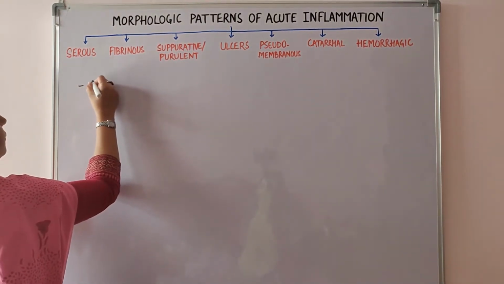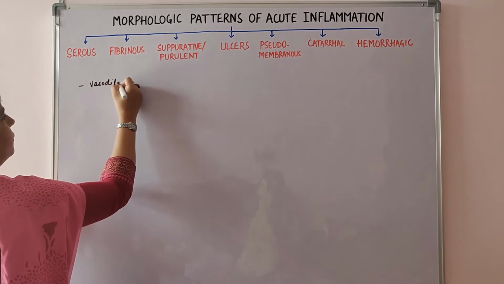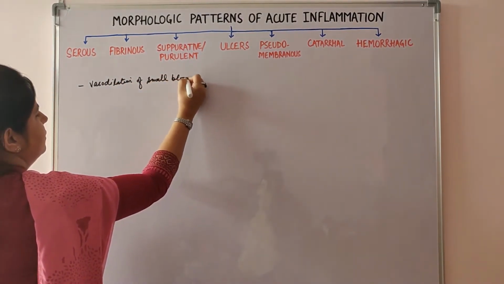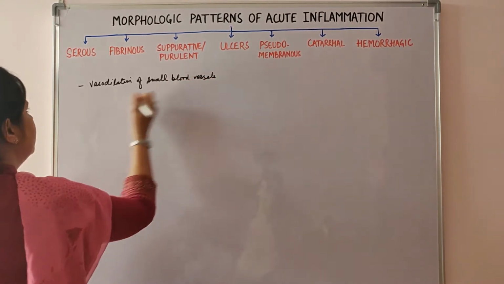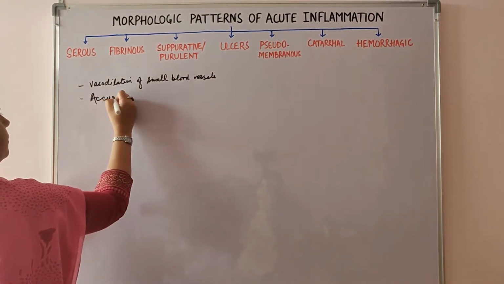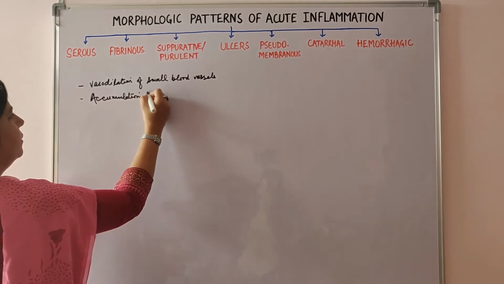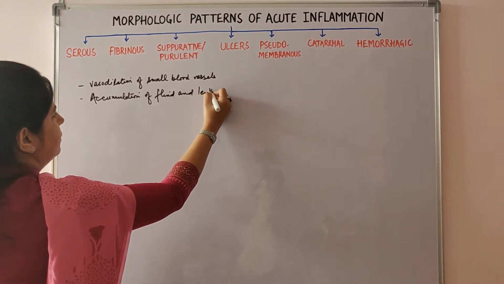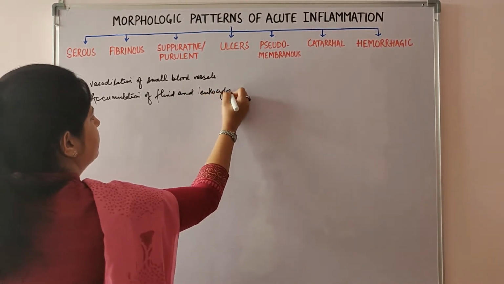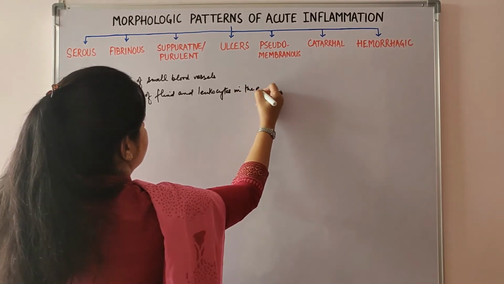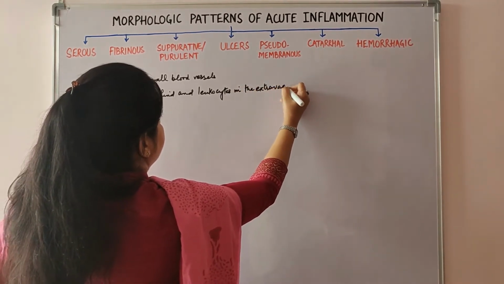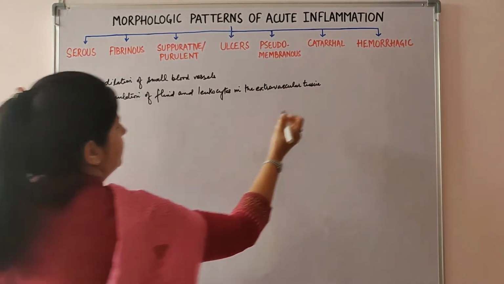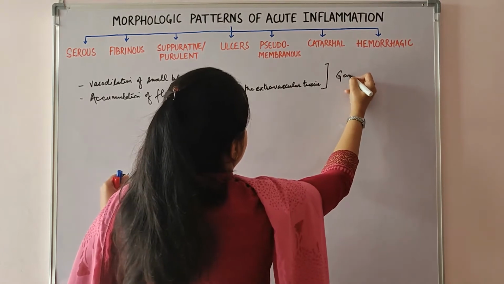These are vasodilation of small blood vessels and accumulation of fluid and leukocytes in the extravascular tissue. So these are the general features,